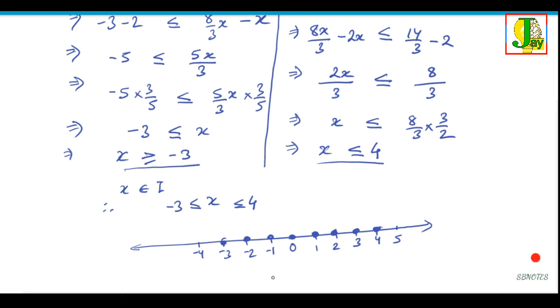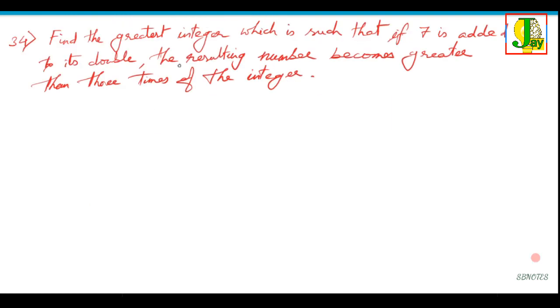So that's the solution set on the number line. Now this is a word problem. We have a greatest integer such that 7 is added to its double. So if we think of that greatest integer as x, then 7 is added to its double. That means, according to the problem, we have